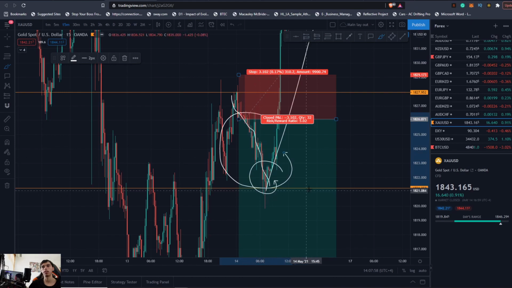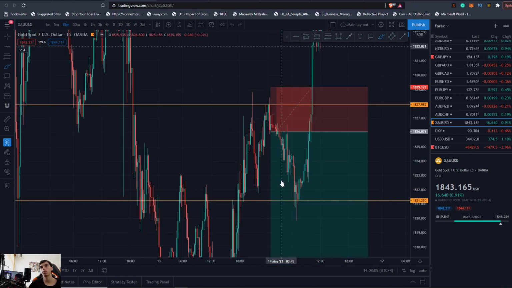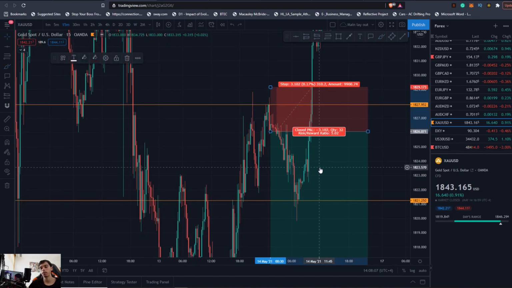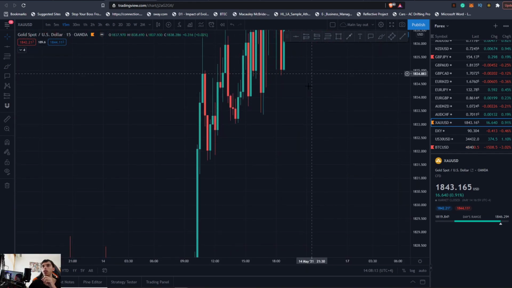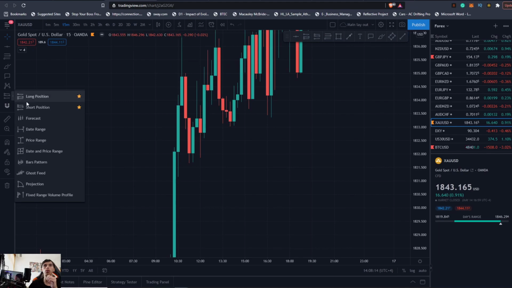Your trade wasn't valid because you're holding it too long, and also you're going against the trend. Don't try to do that. Just trade with the trend. The trend was bullish. Why are you looking for sells? And this is the biggest reason: you guys have to make sure that you do put a stop loss. Don't hold drawdown.